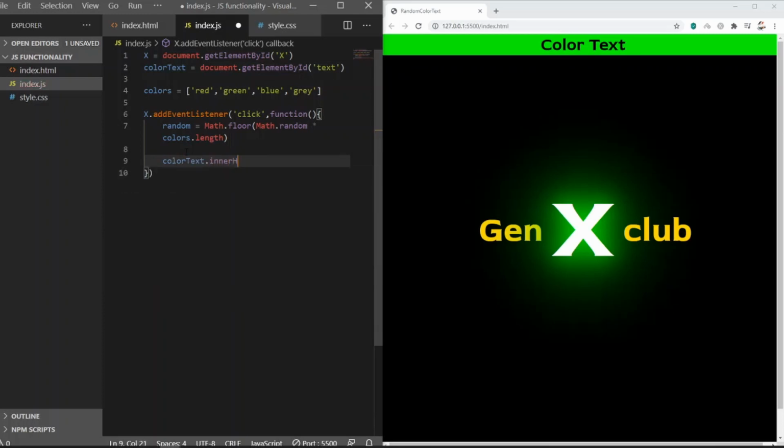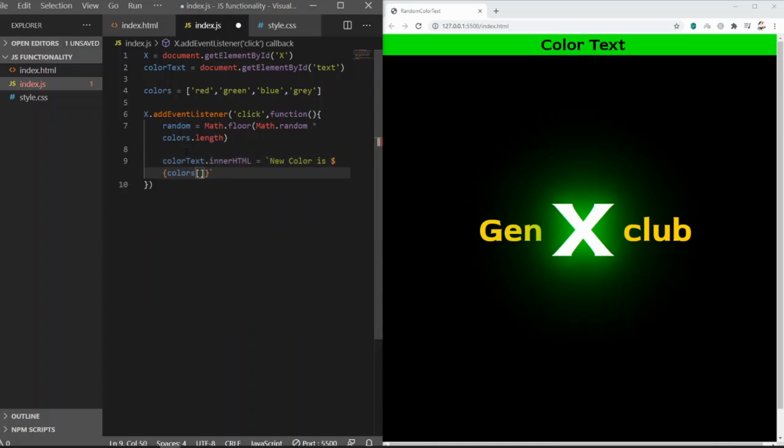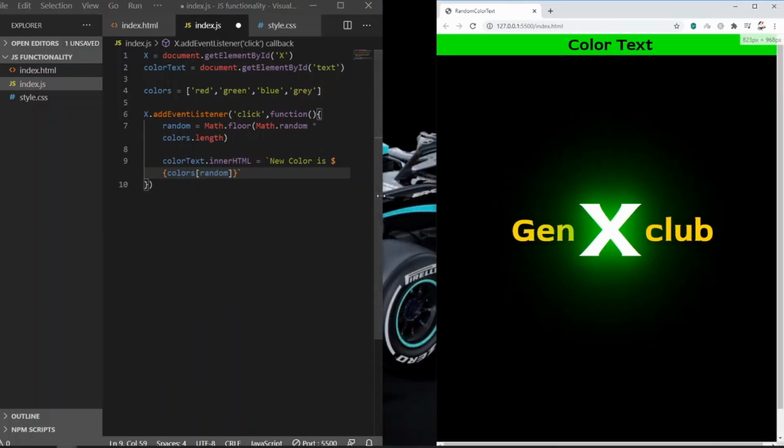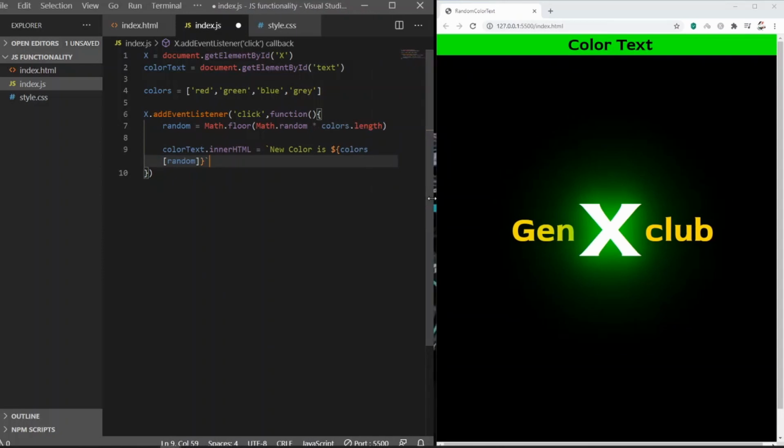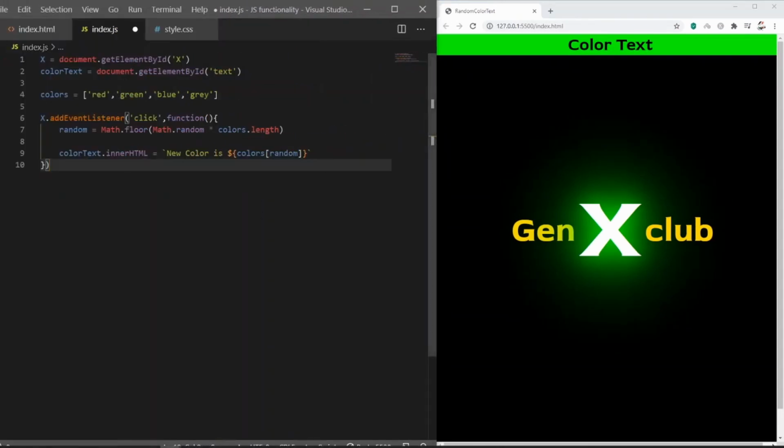So let's do colorText.innerHTML equals, let's give a backtick, new colors is, and let's put a variable. So we need to use dollar and curly braces to use it inside the text, and colors, and the index value is random. Okay, let's save it. Let me readjust a little bit so it's visible.